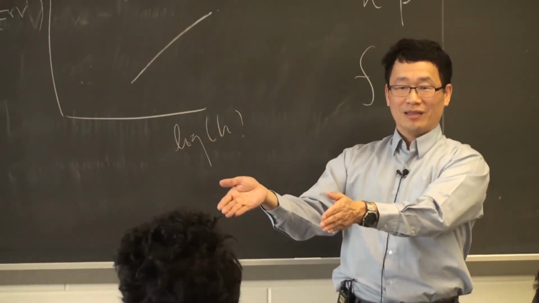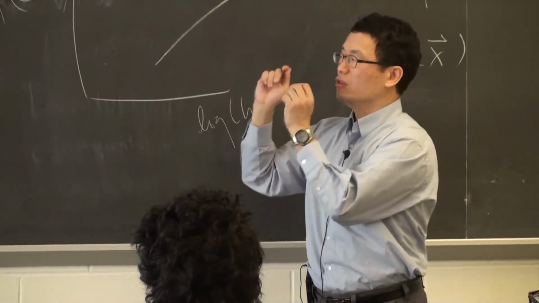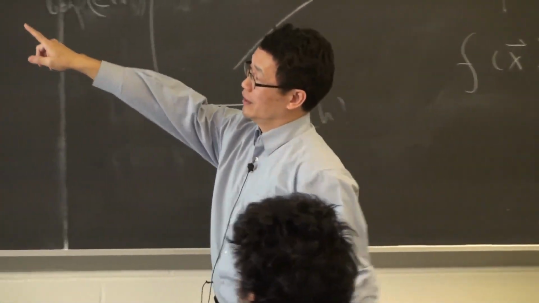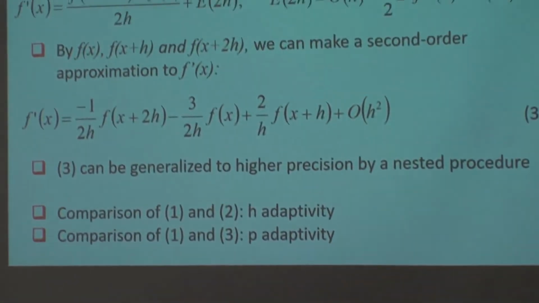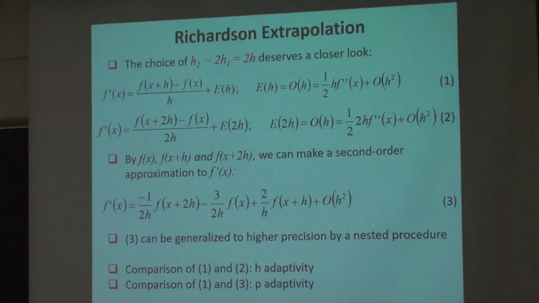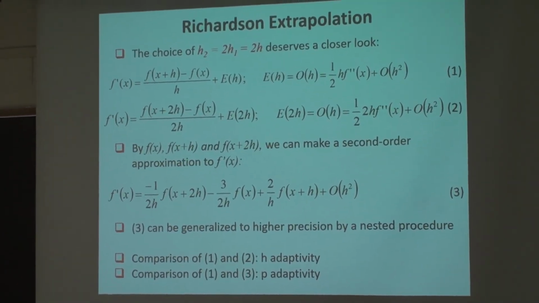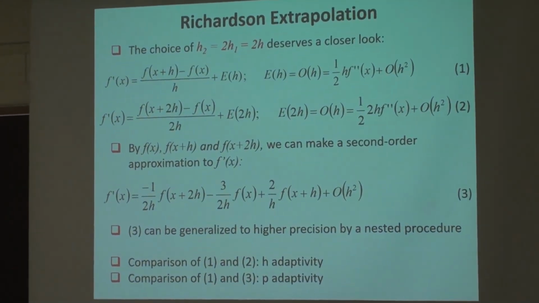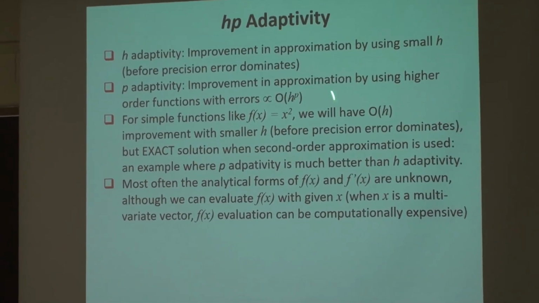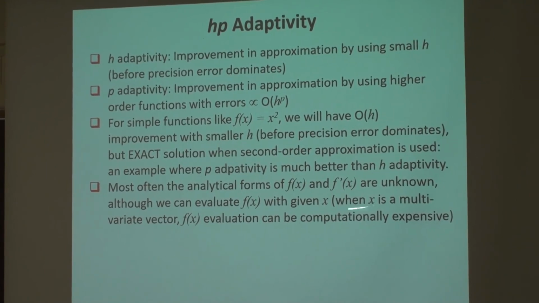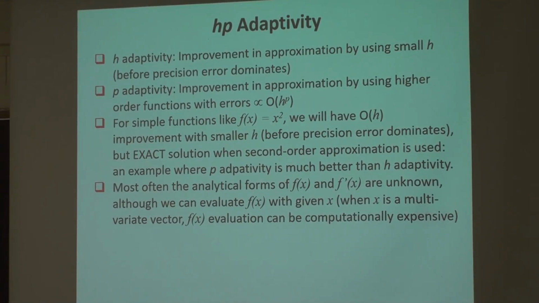Okay, but that's qualitative. Your computer can do better, because I know the value of f at x plus h and x plus 2h. I can formulate it so that I use the perturbation to learn the local behavior of the system and know how I should choose my approximation. This is the central idea. I basically say the same thing. So, as a summary, that's the spirit of HP adaptivity.